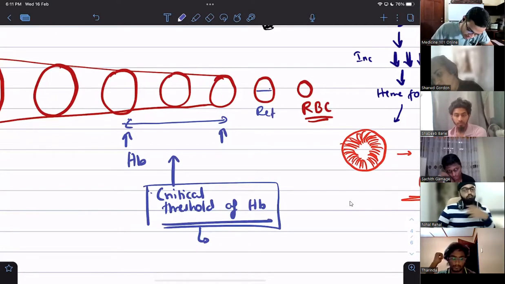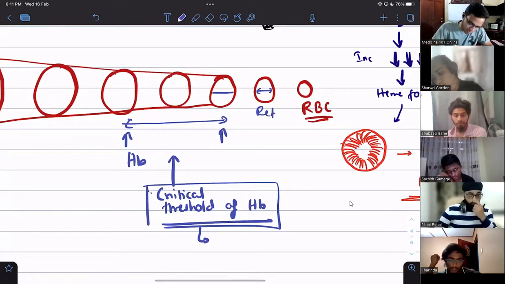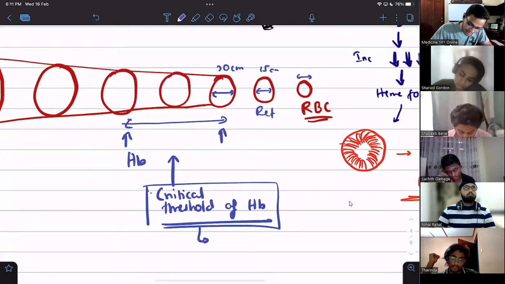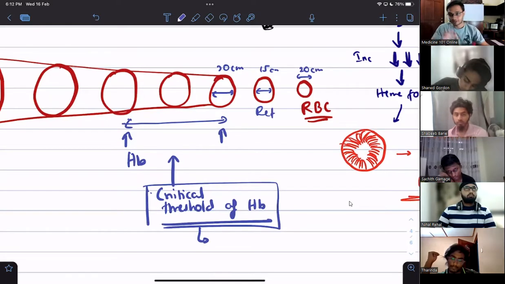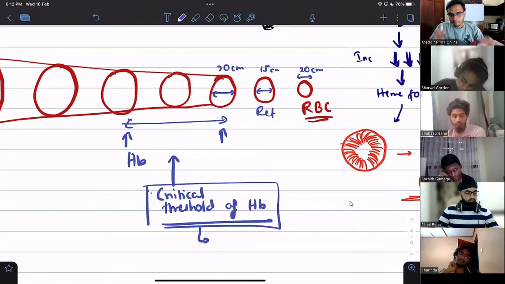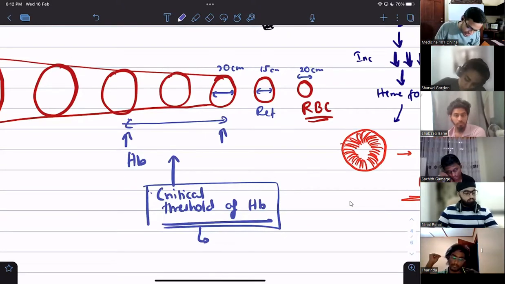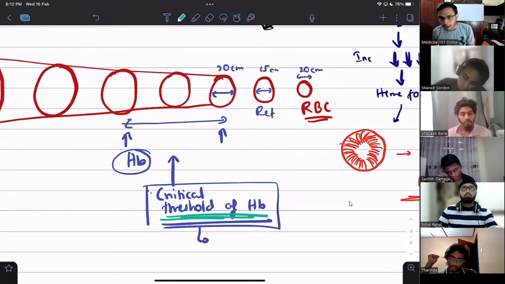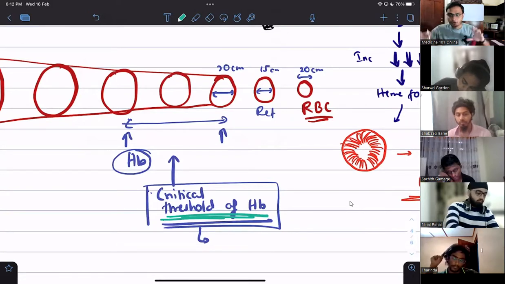So let's say, I'm just giving these centimeters to make it clear, this cell was 20 centimeters. Let's say it becomes 15 centimeters here, and the RBC diameter is, let's say, 10 centimeters. I'm just giving these values. Once the critical threshold is reached, it's only that much. But if HB is deficient, can you reach this critical threshold of HB easily? No. So the RBC has to stay and stay and stay in the bone marrow for a long period